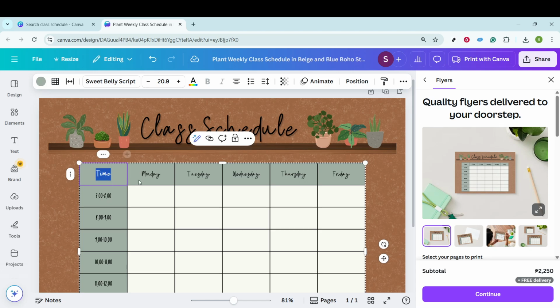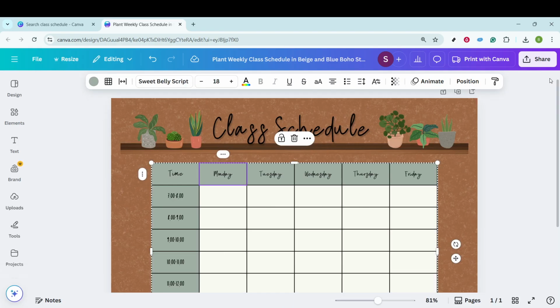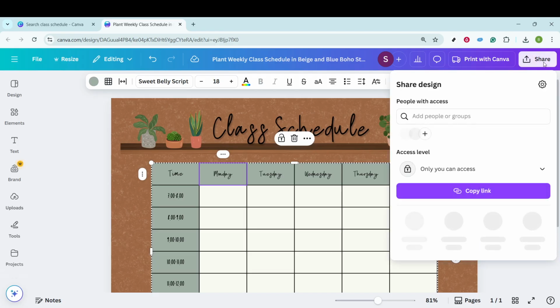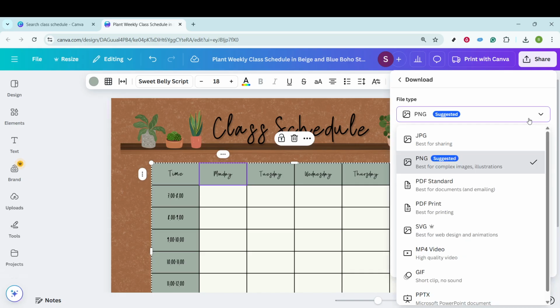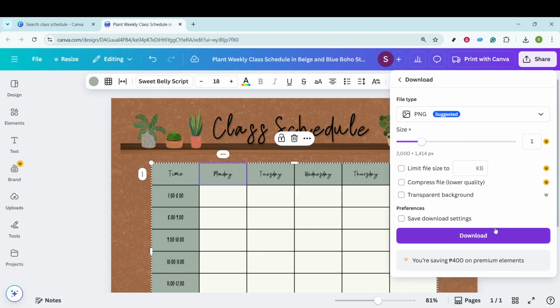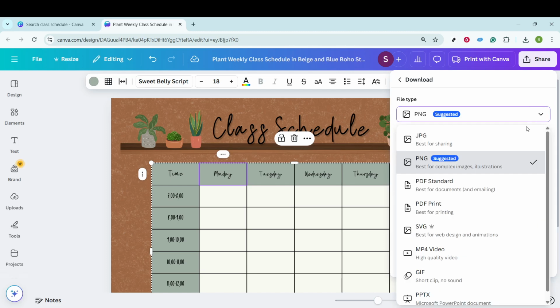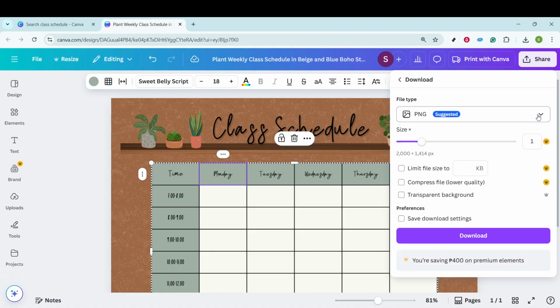Once you're satisfied with the design of your class schedule, it's time to think about sharing it or saving it for convenient access later. Look towards the top right corner of your screen to find the Share button. Clicking on this unveils a couple of options. You can opt to share your schedule directly with others or proceed to download it. If downloading is your choice, Canva offers multiple file types such as PDF and JPEG. Decide based on how you plan to use your schedule. Simply click Download, pick your preferred file type, and hit Download once more to save it to your device. And there you have it, your very own custom class schedule, ready for you to print or keep as a